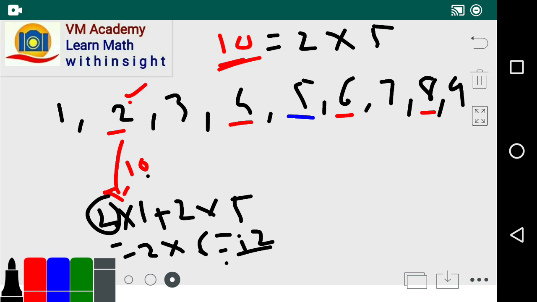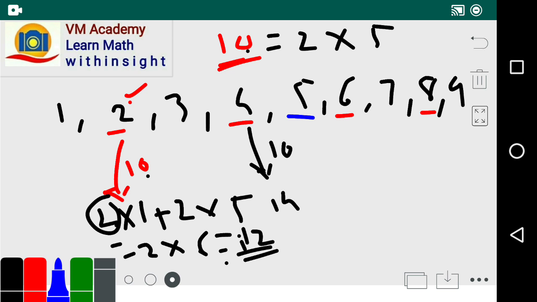So the GCD of 12 and 10 is not going to be 1, because both numbers have 2 as a factor. Similarly, friends, 4 plus 10 gives 14, 6 plus 10 gives 16, and 5 plus 10 gives 15. Now 5 and 10 have the common factor 5, so when we add them together we get 15, which also has the common factor 5. So the GCD of these numbers is definitely not going to be 1.